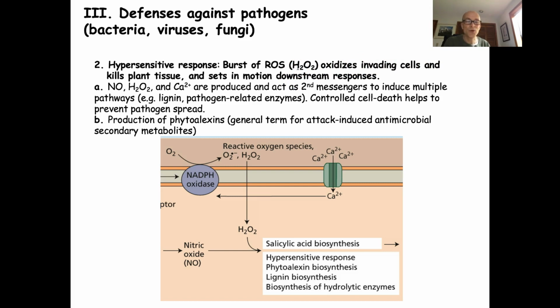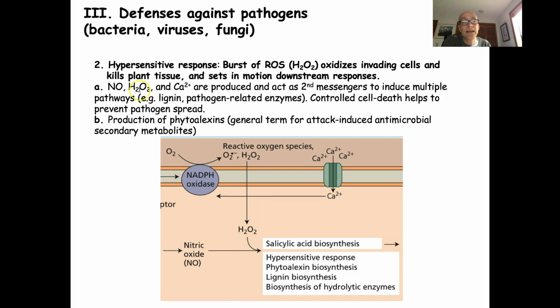The scorched earth tactic, where you leave nothing for the invader that the invader can use. And so the plant will burn its own tissue. It will basically kill its own tissue so that it cannot be used by the invading bacterium. And maybe you have to sacrifice a leaf, but at least you don't have to sacrifice another leaf or the rest of the plant. So that is what happens with this burst of